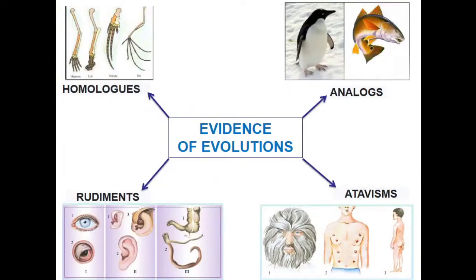And in this slide you can see a scheme about evidence of evolution, and we will speak about four directions. Analogs, which is about the appearance and development of organs and forms of the body. Atavism, and here you can see many hairs on the face, a tail and others. Rudiments, when, for example, we speak about eyes, you can see